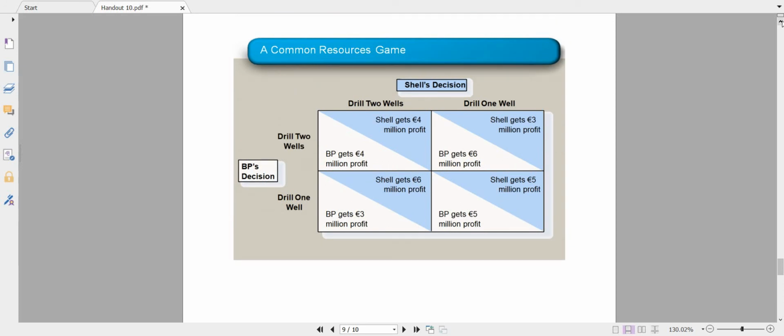It's always easier to start off with the monopoly outcome, just by looking at these payoffs. Here we're talking about two companies, Shell and BP. They are both into drilling of oil and selling oil. Given this payoff matrix, the best outcome for both parties, the collusion or the cartel deal, is to drill one well each, and as a result gain a profit of 5 million euros each. Okay, so we are in this box.